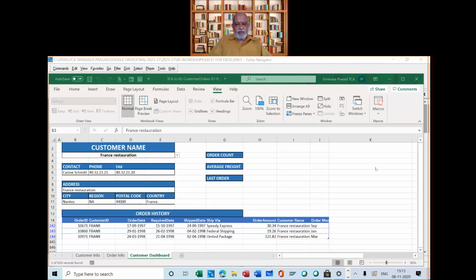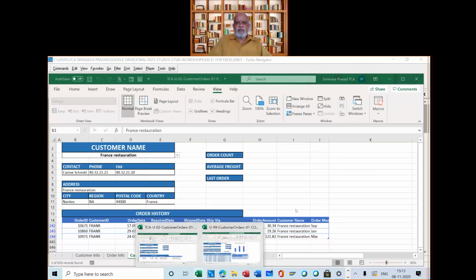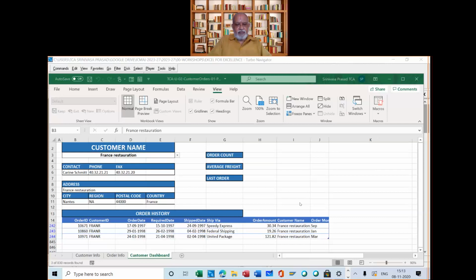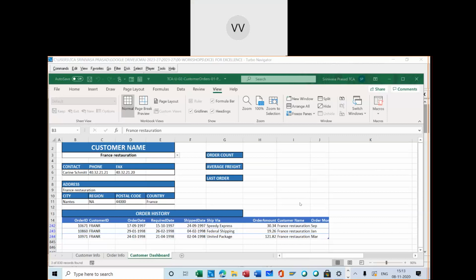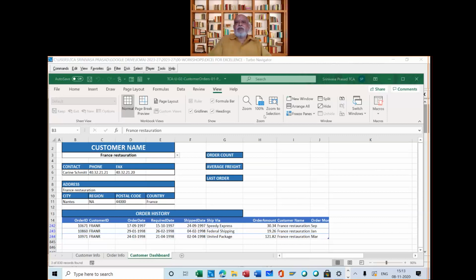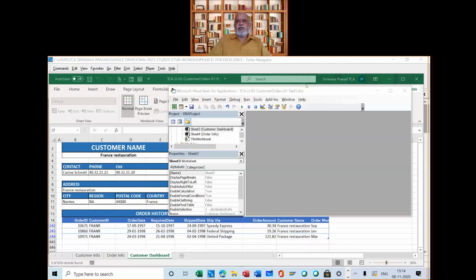In my case I think it was function Alt F11. So it is function Alt F11.